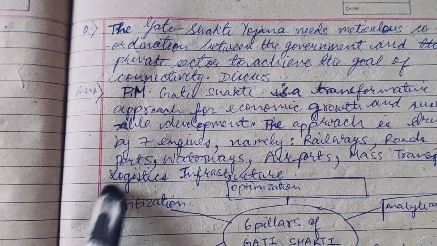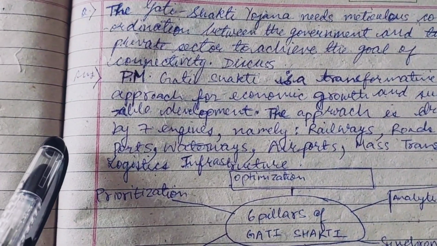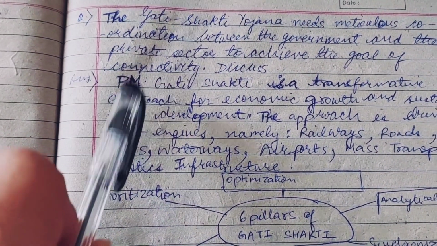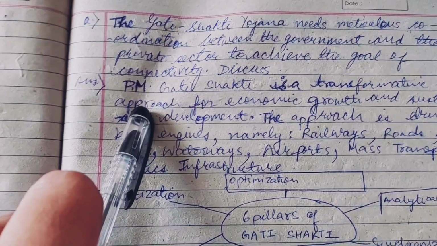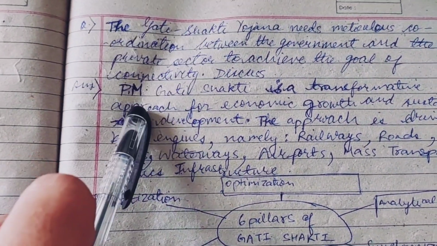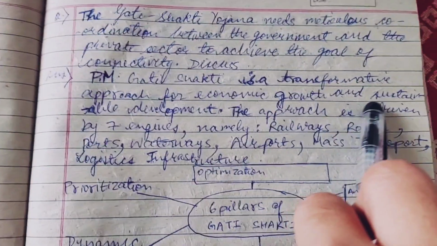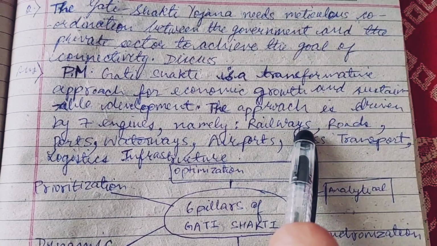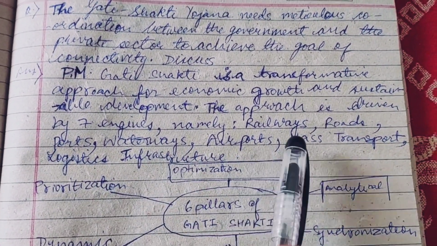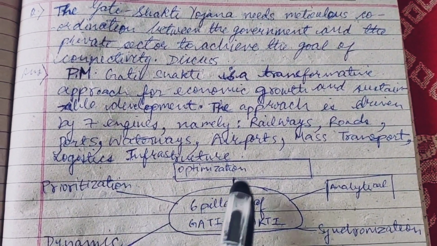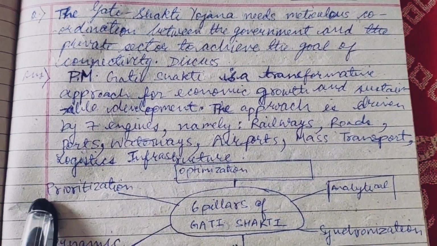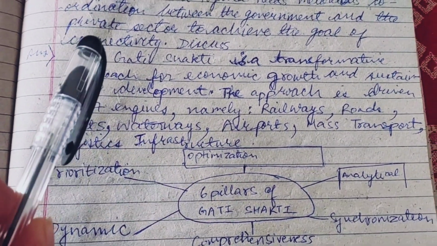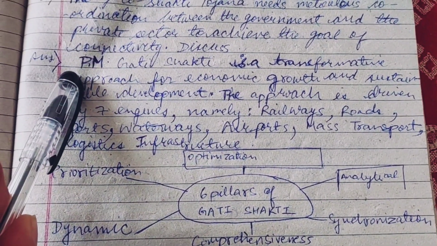We have to explain this in detail, and we have to first explain the PM Gati Shakti Yojana. So first we'll give the definition, or explain what PM Gati Shakti Yojana is. PM Gati Shakti is a transformative approach for economic growth and sustainable development. The approach is driven by 7 engines, namely railways, roads, ports, waterways, airports, mass transport, and logistics infrastructure. So all these are the 7 engines of PM Gati Shakti Yojana, which will be used in a transformative approach